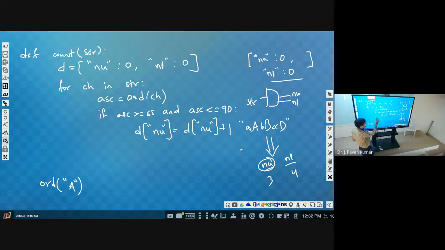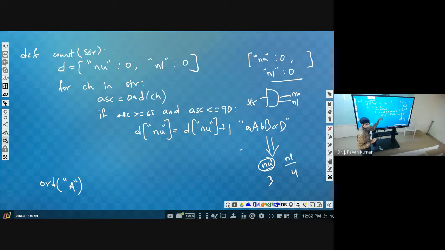Otherwise, else, again we have to consider, because there can be some special characters which we are not considering. So should we use if or else if? Which one is efficient?